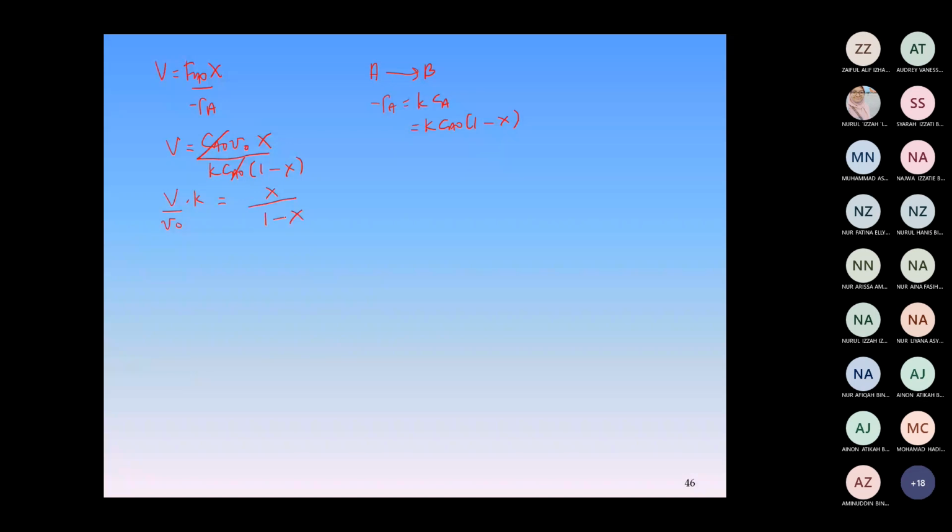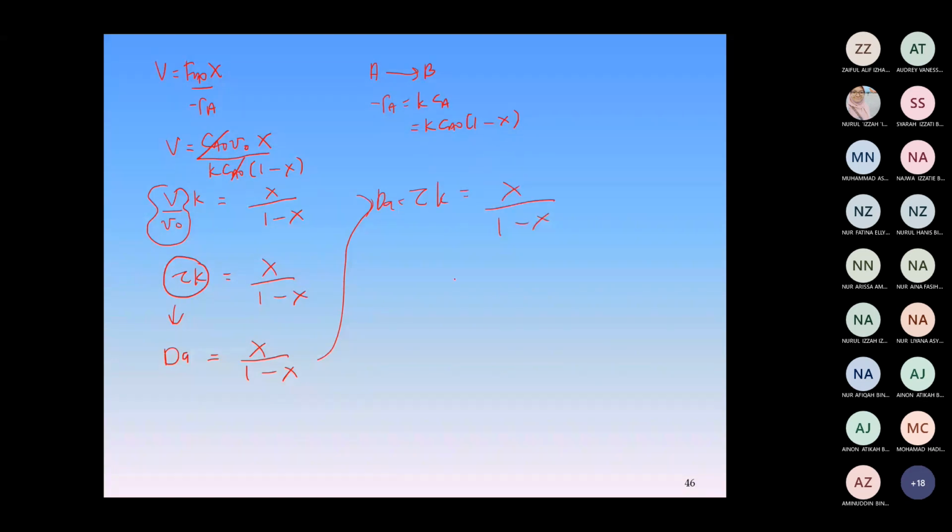So what is Da actually? Remember V over V naught is tau, and tau K is equal to X over (1 minus X). So this one actually is defined as the Da. So it becomes Da equal to X over (1 minus X). Or if you want to make it as tau K, so tau K here, same as Da, Da is equal to tau K equal to X over 1